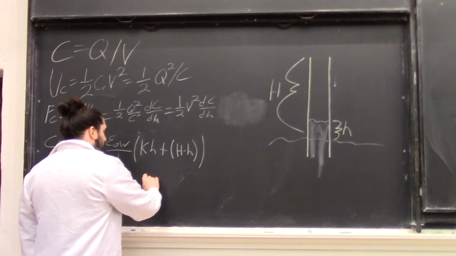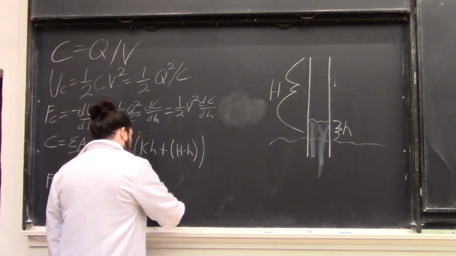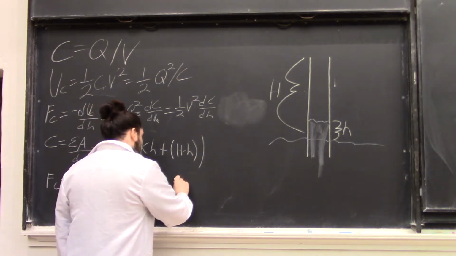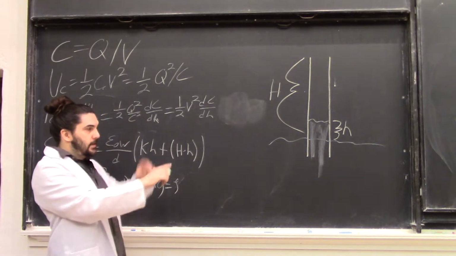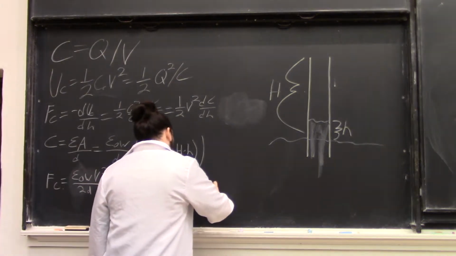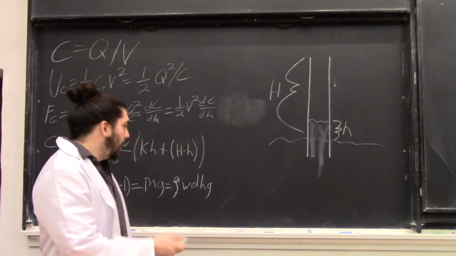So the force of gravity is, of course, mg, which is rho times the volume, which is going to be W d h. And then solving for h,